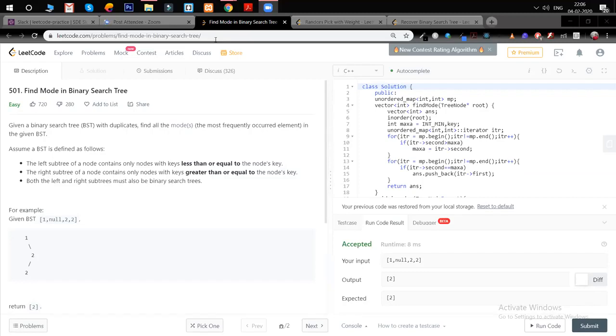If it's greater than the max of whatever I had seen till now, I can keep a result array, clear it off, and just insert this one. Reason being, if there are any other modes which I have found till now in the array, and the current element has a count greater than that, which is why I'm considering a max, then any of those already found as candidate modes are now invalid.